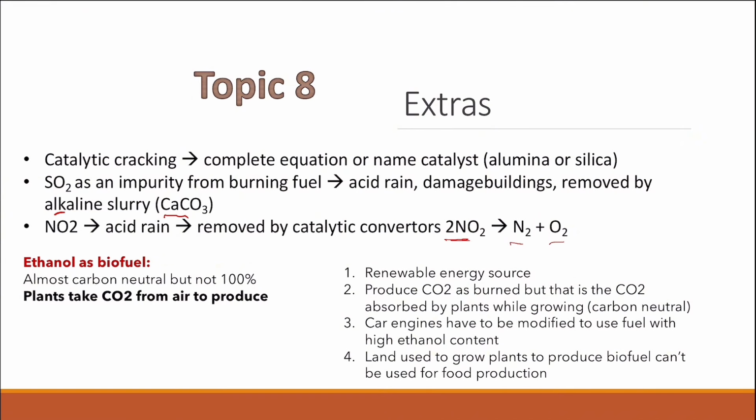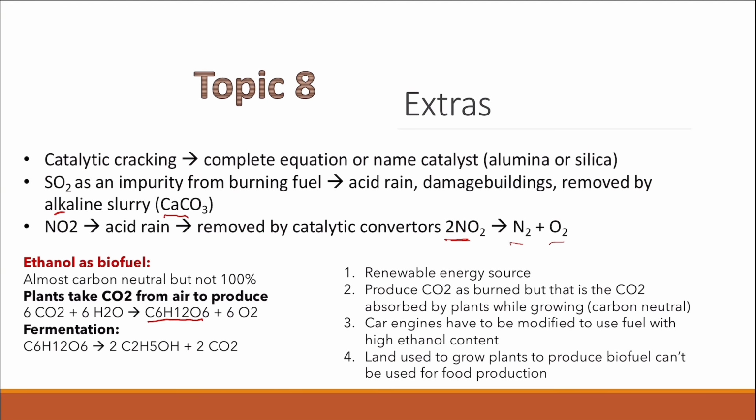these three reactions. First one, that plants will take carbon dioxide from air to produce the glucose, and then the fermentation, which is the production of ethanol from glucose. And then finally, when ethanol is burned, it will produce carbon dioxide. So 1 molecule of glucose gives you 2 molecules of ethanol, and 2 of ethanol will give you 4 carbon